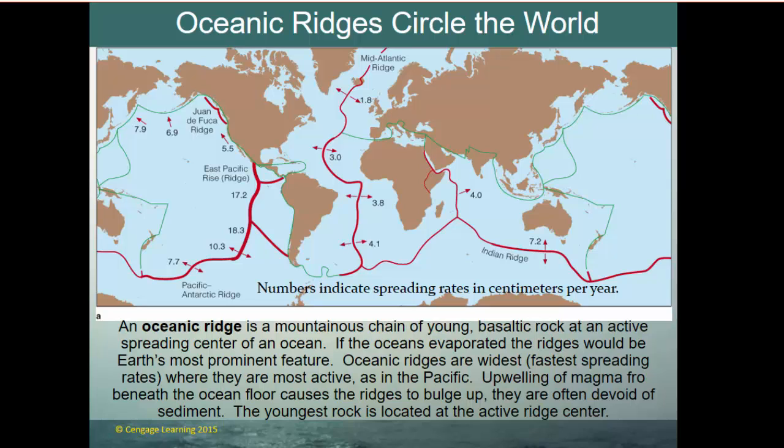All right, so this is an illustration of all the oceanic ridges, and this is where continents have been spreading apart and oceans have formed as those rift valleys got bigger and bigger. So this is the Mid-Atlantic Ridge, and then the Indian Ridge, and that crosses over here down into the Pacific Antarctic Ridge. And the East Pacific Ridge is displaced because there's been almost continuous spreading for almost 225 million